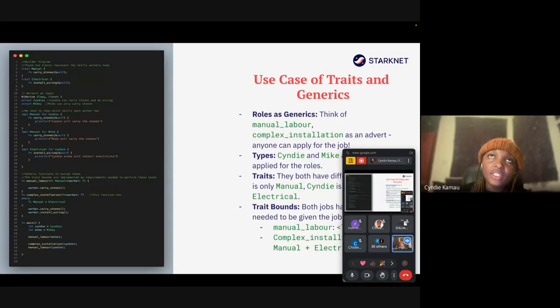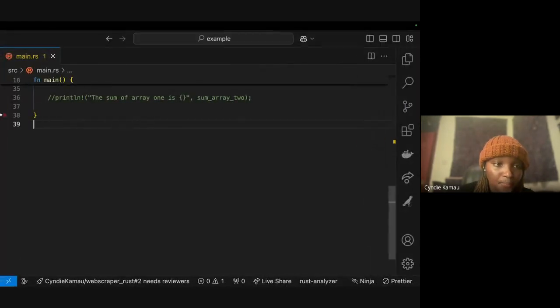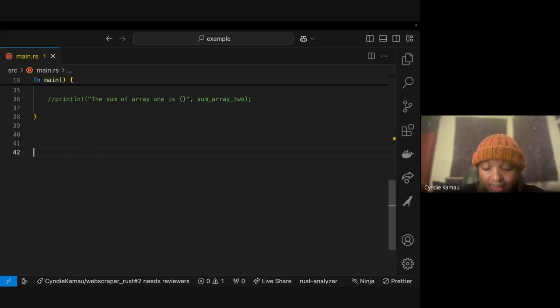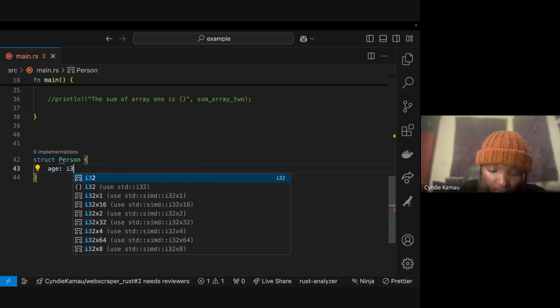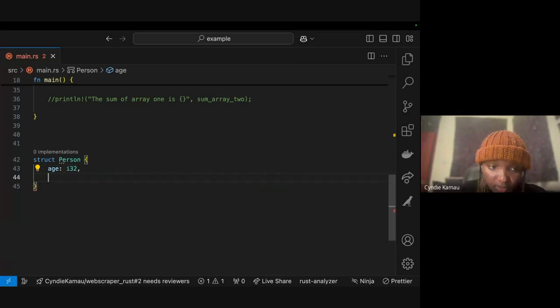For example, let's go back to code. With a struct, let's say I need your details, right? So struct person. What details do I need? Let's say I need your age, the year you were born.